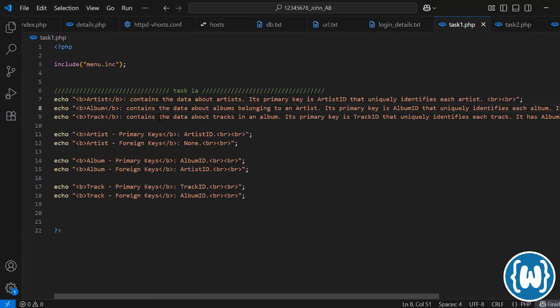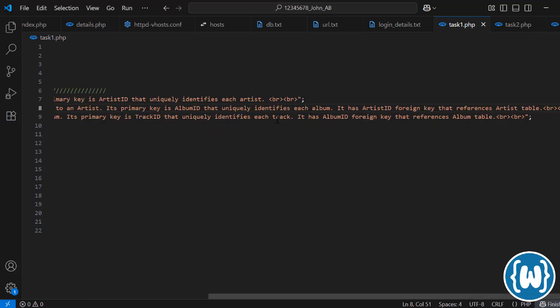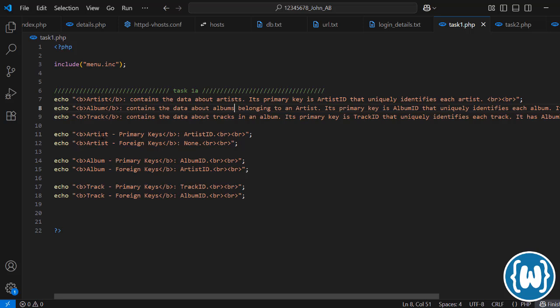We also have the track, which contains the data about tracks in an album. Its primary key is track ID that uniquely identifies each track. It has album ID foreign key that references the album table. So for the artist, the primary key there is the artist ID. In the artist table, the foreign key, there is no foreign key in the